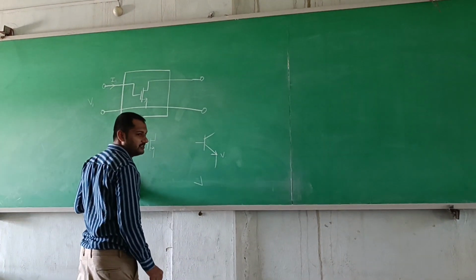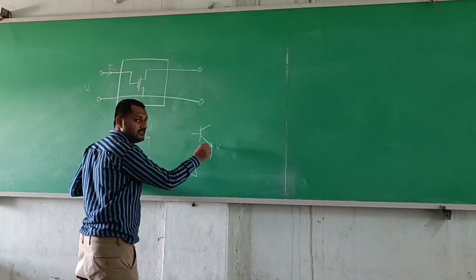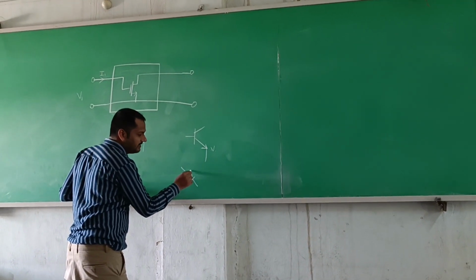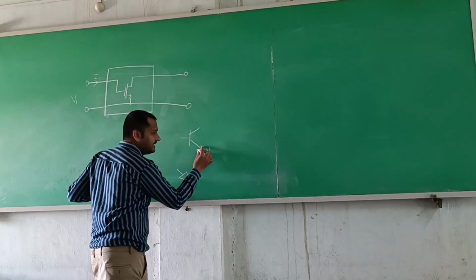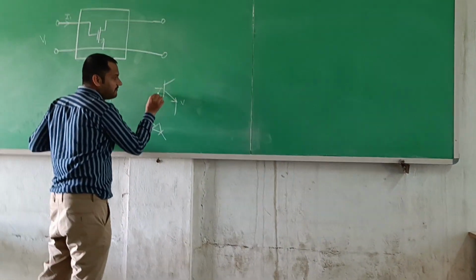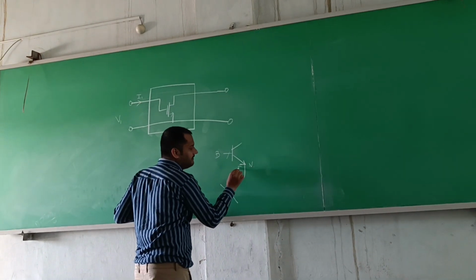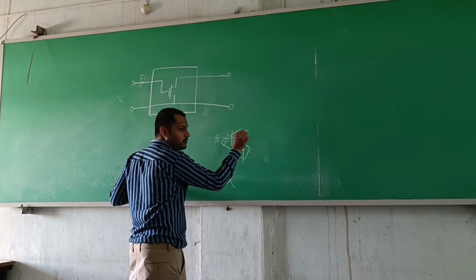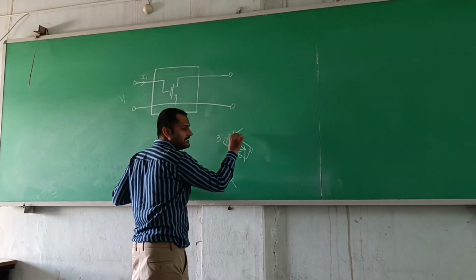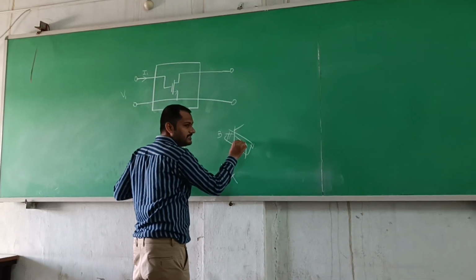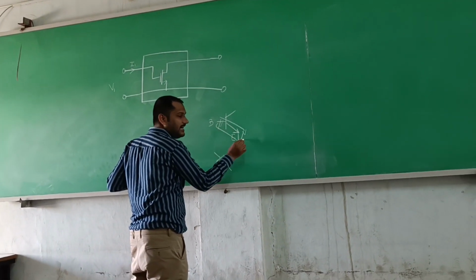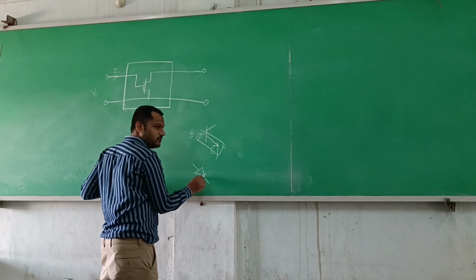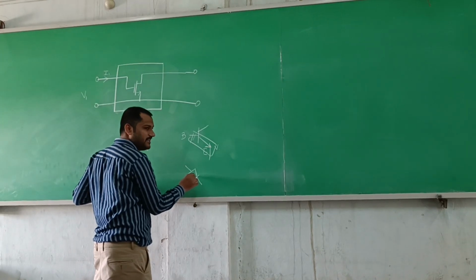A diode also has an arrow. This arrow is taken from the diode arrow. Like a diode is also having an arrow, na? Only this arrow part is taken here, and of the sticks, we only take the base and emitter stick into consideration. It has two vertical sticks and two horizontal sticks. Out of those horizontal sticks, we take only the base and emitter stick, and we place a diode to differentiate between PNP and NPN transistor.